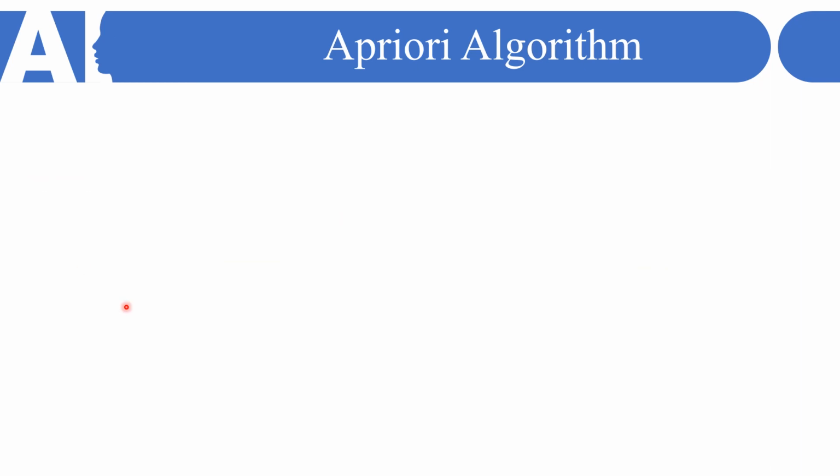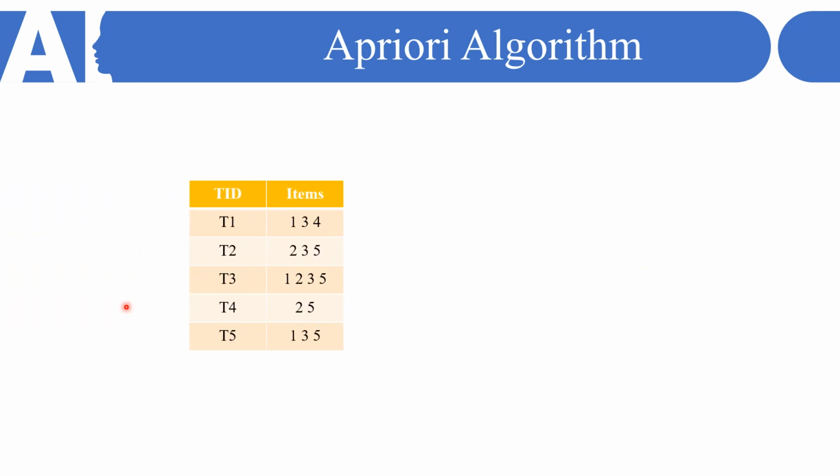Now in the last iteration, that is the fourth iteration, as we are having maximum possibility of 4 items purchasing. So in that case, let us consider the item set of 4, and in that case only one combination is possible, that is 1 2 3 5. And if we see the frequency of this is only once, so as this value is less than 2, that's why we are going to eliminate this